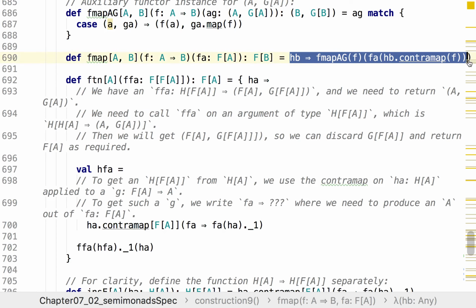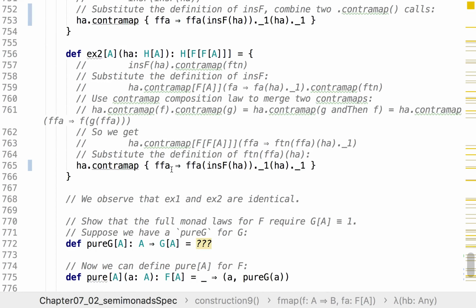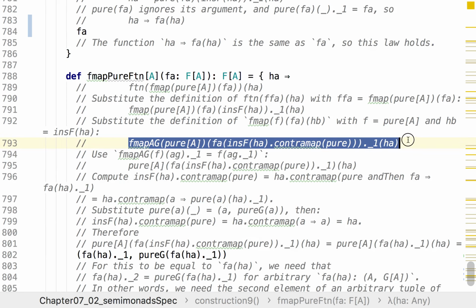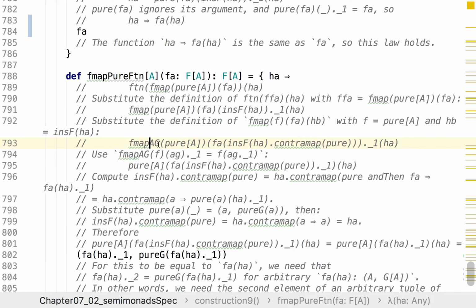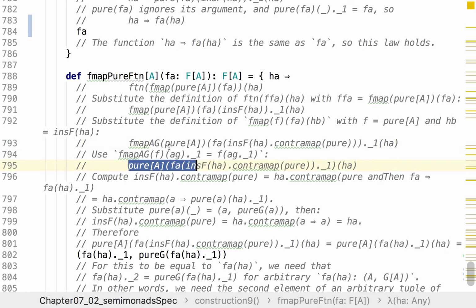And substitute F and HB as I just described. So the result is this. So now we again have the situation of fmap AG of something dot underscore 1. So that can be simplified. We have a pure of whatever was here